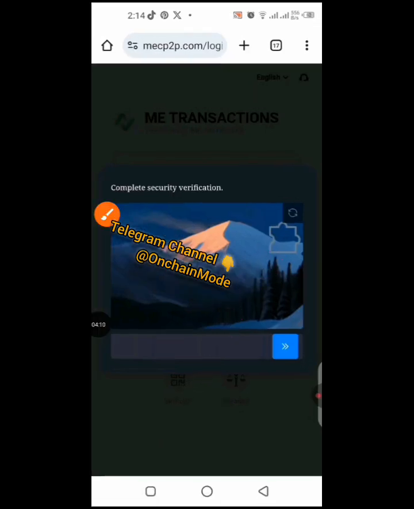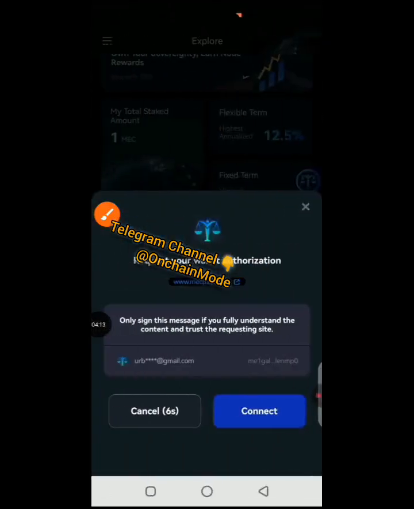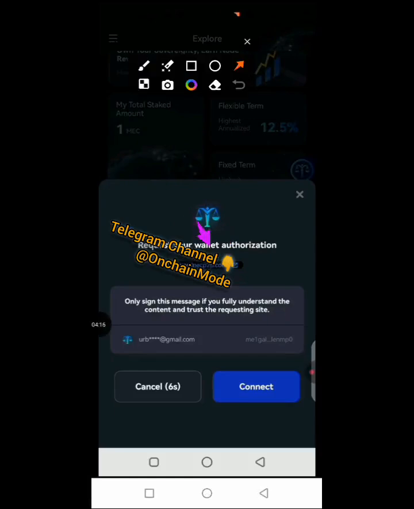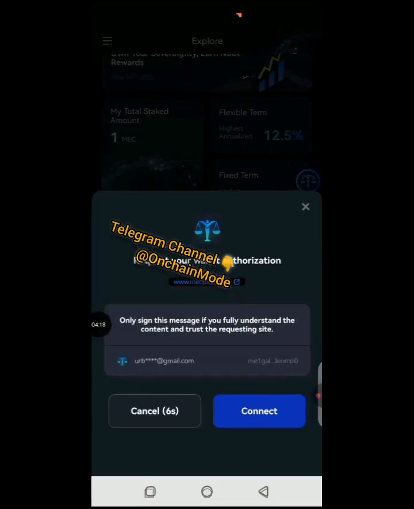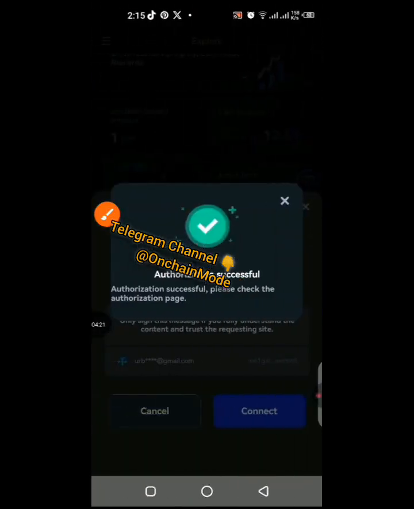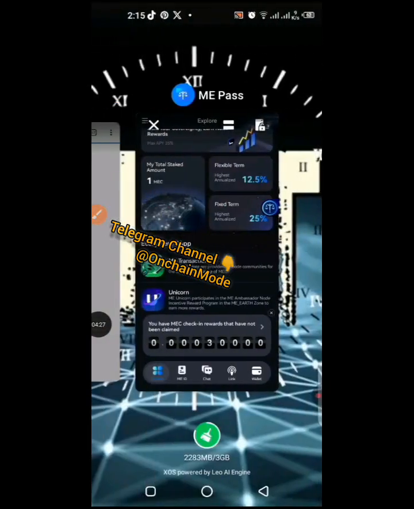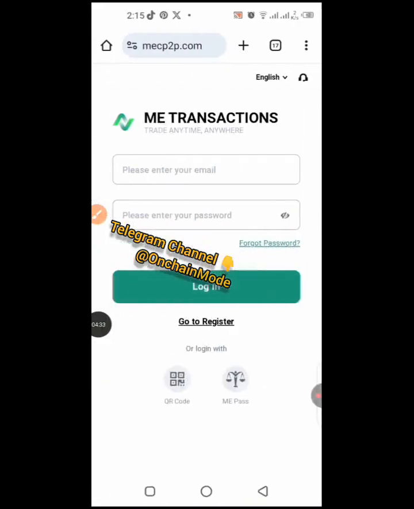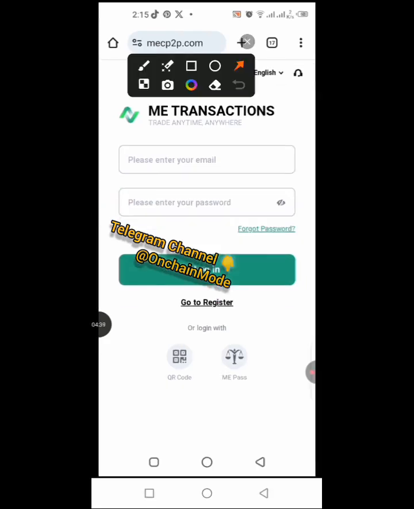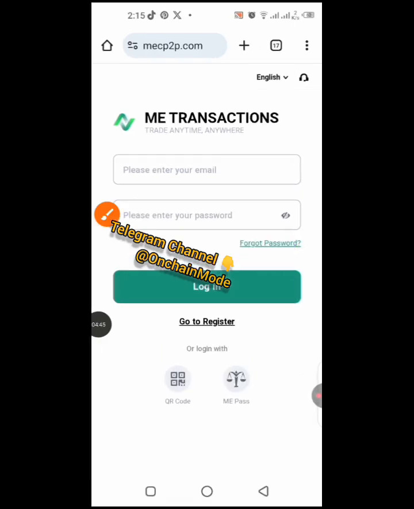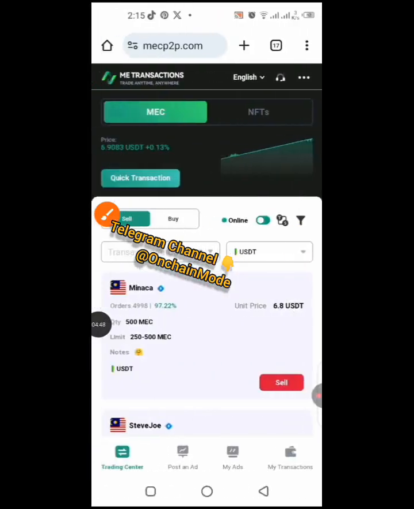All right, as soon as it is merged together, it's automatically going to take you to this section where you can now connect your wallet. So go ahead and click on connect, then it's going to automatically authorize and be successfully connected. Then you have to minimize and go back to this site. Go ahead and click on sign in again to sign back into the site, and then automatically, boom, it is going to open up this MEPass